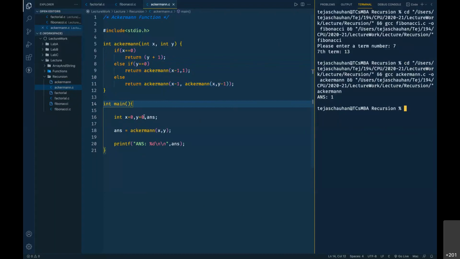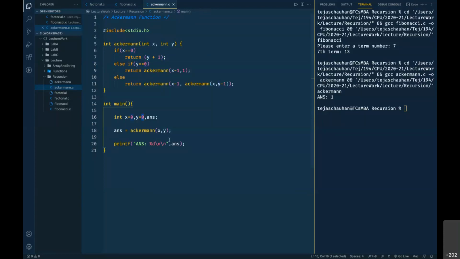Now it doesn't matter what is the value of y. If your x is 0, then there will not be any recursion. It is always going to be the base case. Yes, answer will have an effect क्योंकि आंसर जो है वो y plus 1 है.